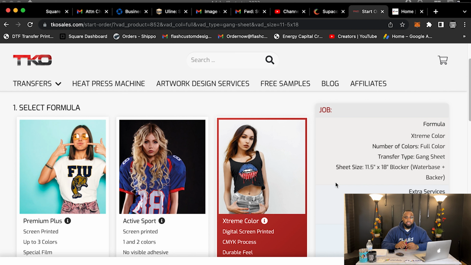If TKO Transfers, Stahls Transfers, Heat Transfer Warehouse, I don't know, Supercolor, if these companies work for your bottom end, use them, don't use us. There's zero reason to switch if they've been working for your bottom end. Now, if you do the math and we can provide the same quality, better product,